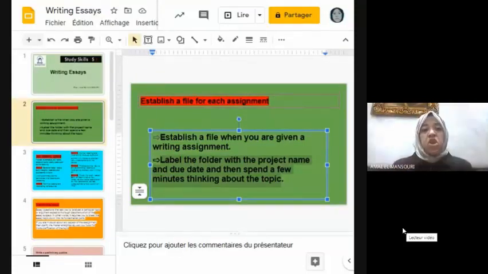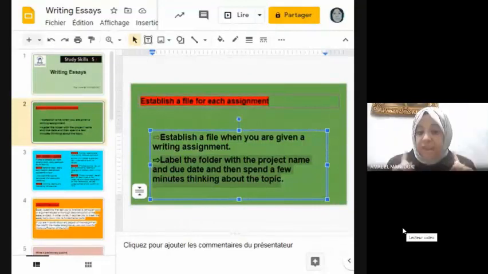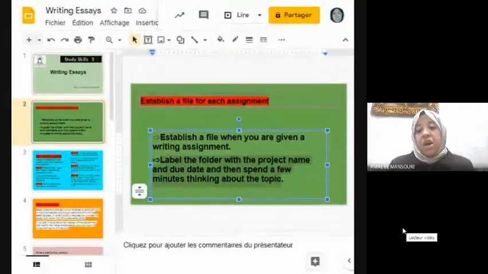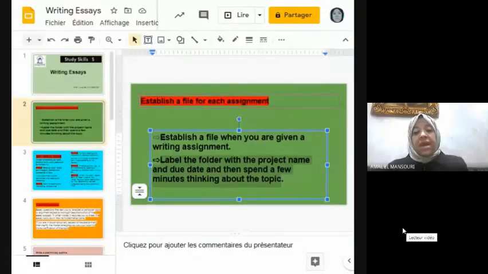Especially when we have a lot of assignments, sometimes we can forget about one. So it would be better for you to use technology, especially those kinds of calendars. And of course, you have to break down your assignment into manageable tasks and deadlines.